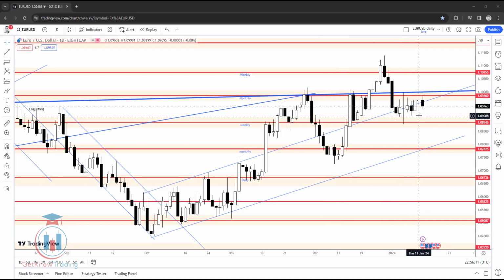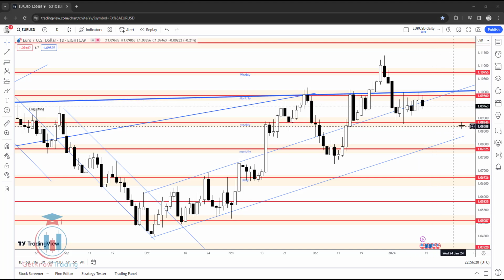EURUSD this week has not made any changes inside the price movement. We can see that the price is still between the 1.09860 resistance level and also below the support at 1.08846. So we can see that the indecision in the market is still active, and the price could not make